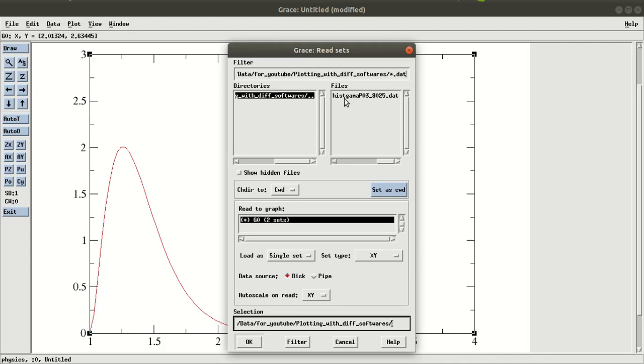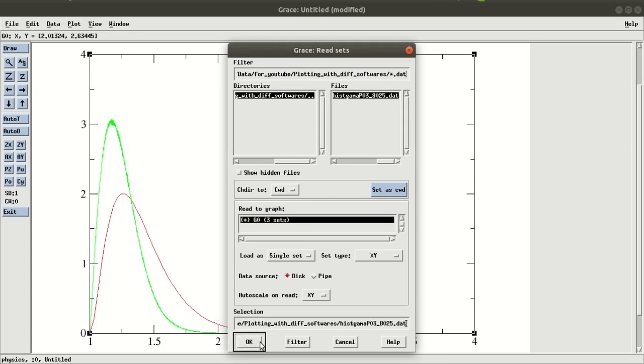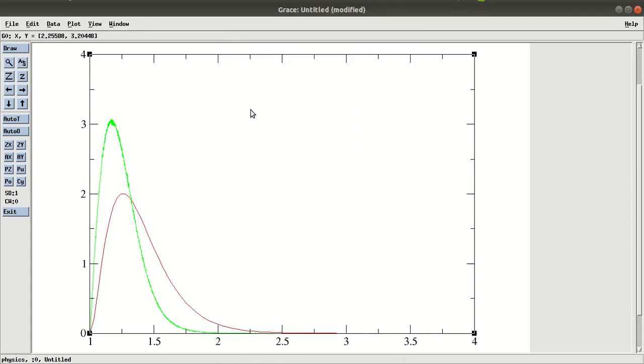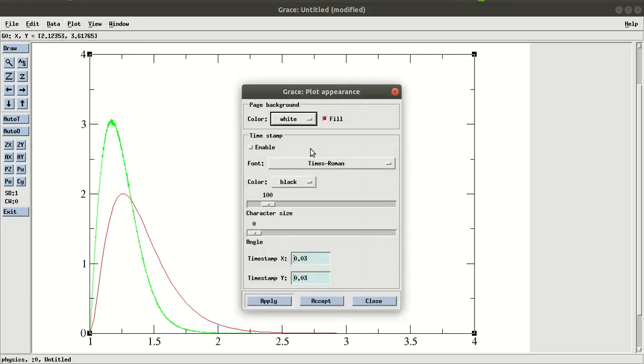So if you then click on the file, and then here the select, it is being selected, and then if you just type OK, it will automatically arrive here. So this is your data file, and this is your basically function.